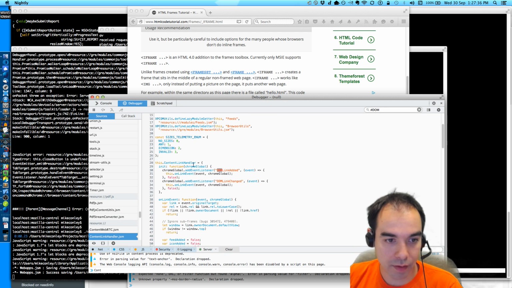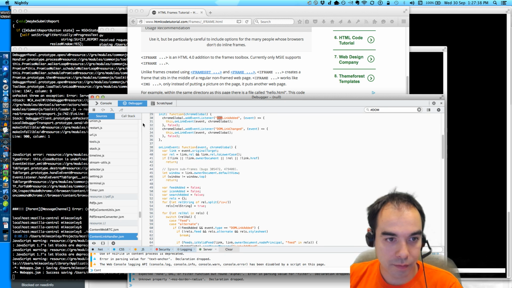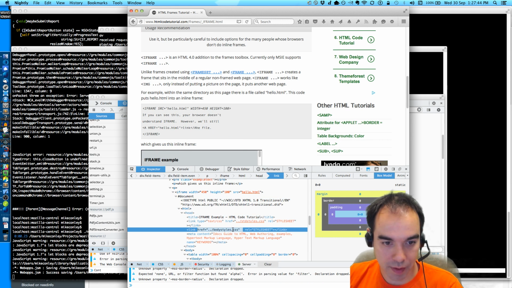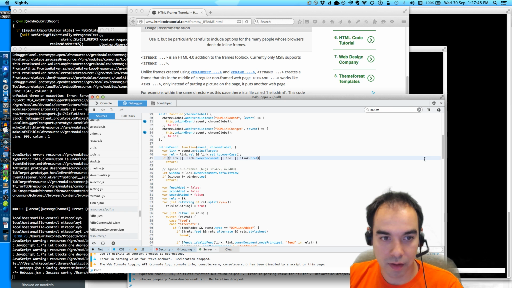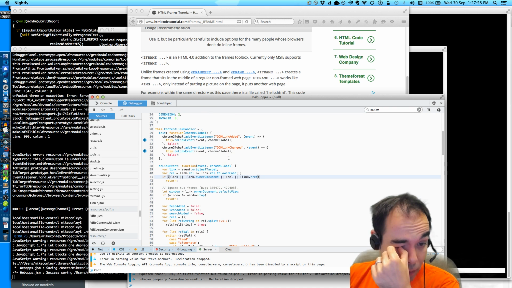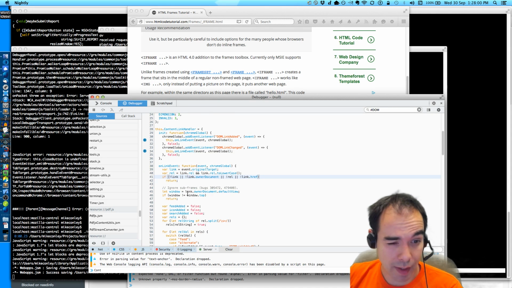DOM link added. Changed and added are what it's monitoring for. So what if I change this to body style.css? Nothing. I don't get a DOM link added event. So that's no good. That kind of puts a crimp in our plans. Wait, ignore subframes.